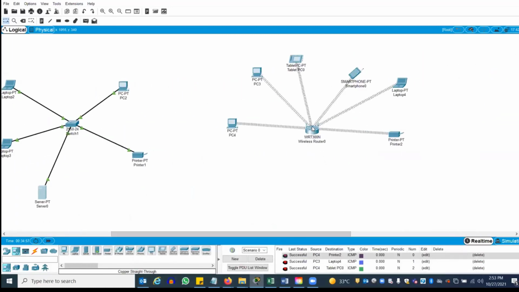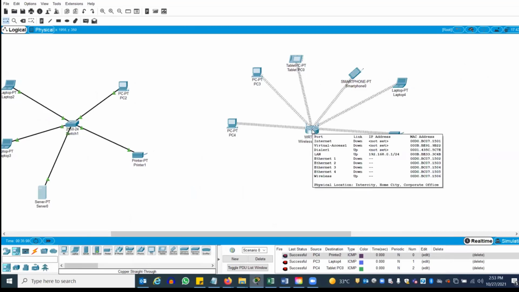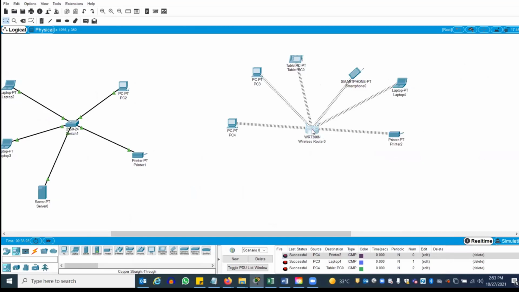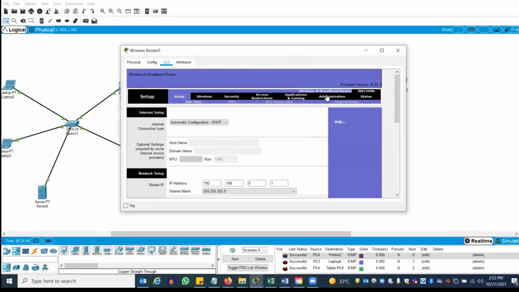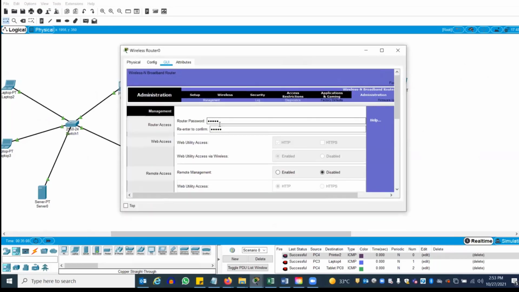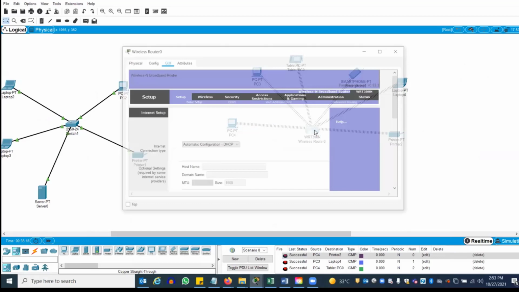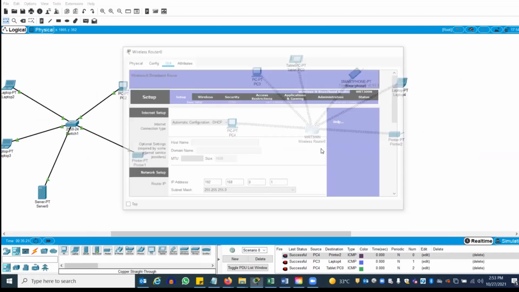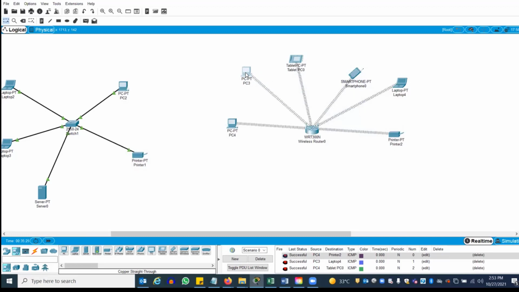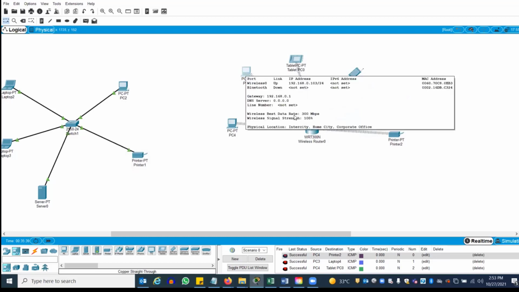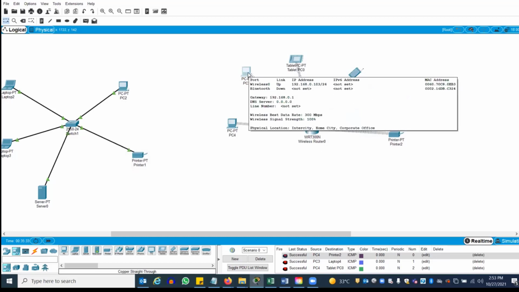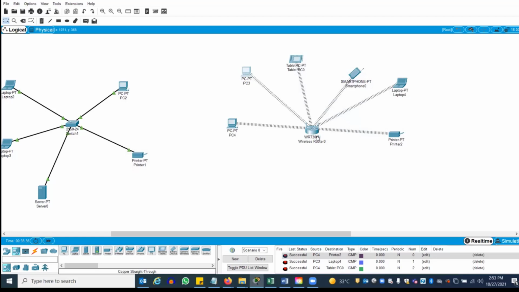And also, if you want to change the router IP address, router username and password, go to the router, go to administration, you can change the password. Okay. For example, right now I am directly going to this router, so I can see the GUI, but I don't want to do it. For example, you are in a campus, sitting very far from your router, so you want to access from this PC, not directly to the router. So what is the router IP address?